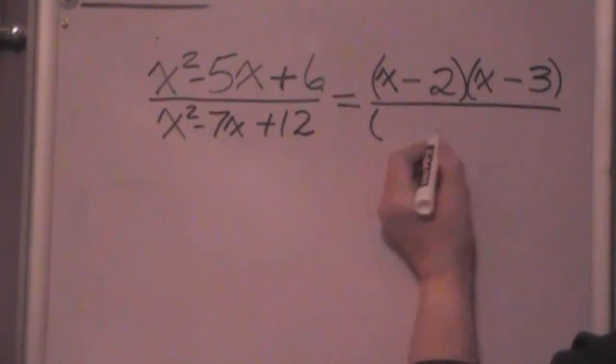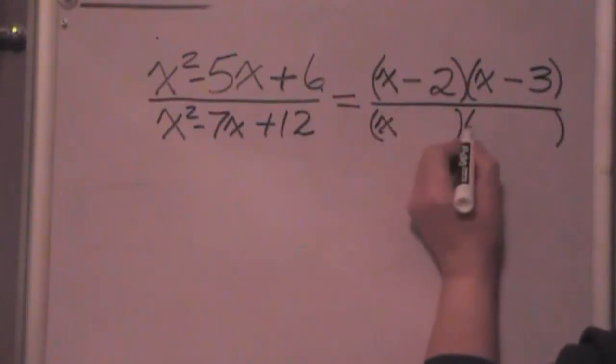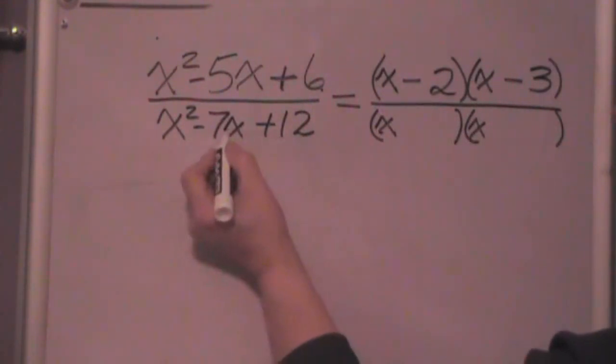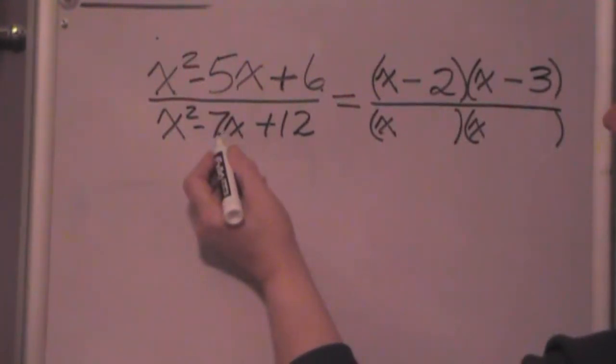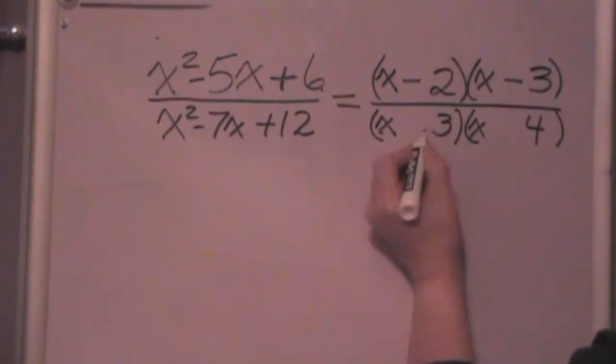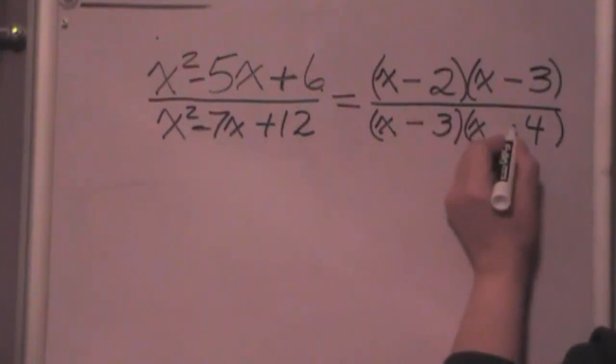Now in the denominator, I'm going to do the same thing, and we put x and x. Two numbers when multiplied together give us 12, whose sum, because it's positive, is going to be 7. So 4 times 3 gives me 12, and if they're both negative,